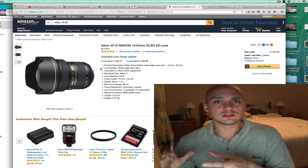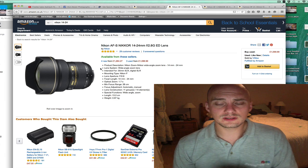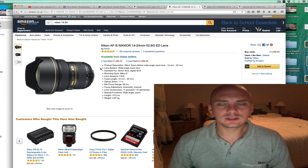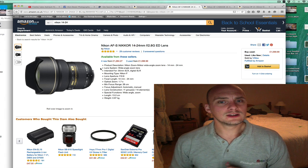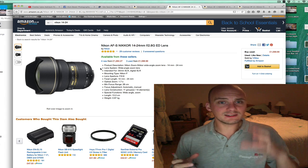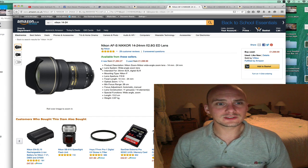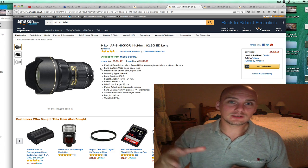Additionally, you can't stick on a simple filter on the front. So if you're wanting just not an ND filter, a UV filter, it's just something to protect the lens, you're not going to be able to do that. So effectively, you're walking around with a 1,300 pound lens, which you can't put anything on the front. Additionally, the lens cap is a full cup that you have to take on and off. So it's just not one I would really go for, because then also if you're trying to put on ND